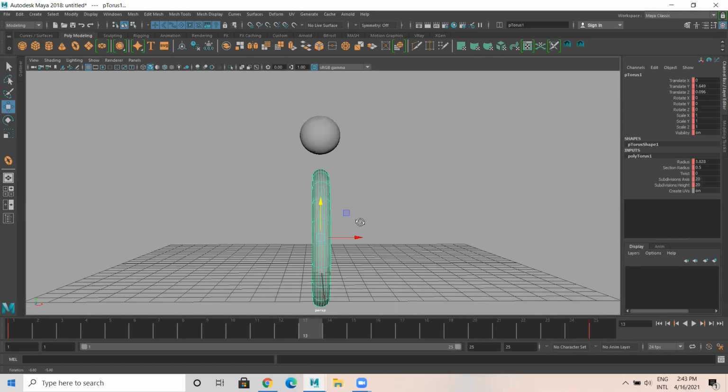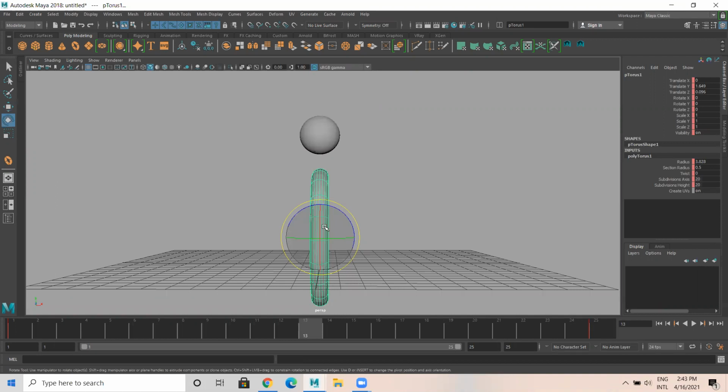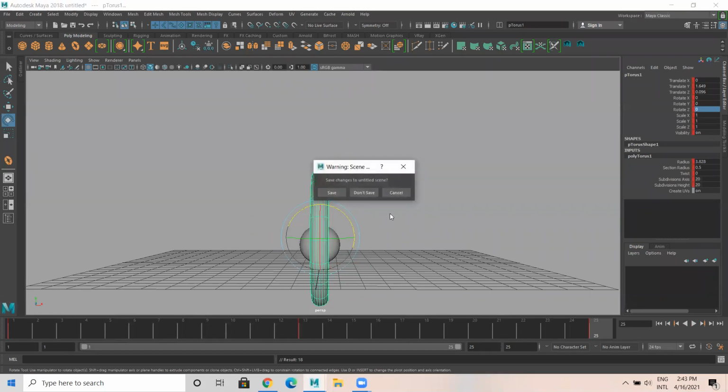At frame 13, I'm going to key this. See, you got an output like this. So it's quite simple.